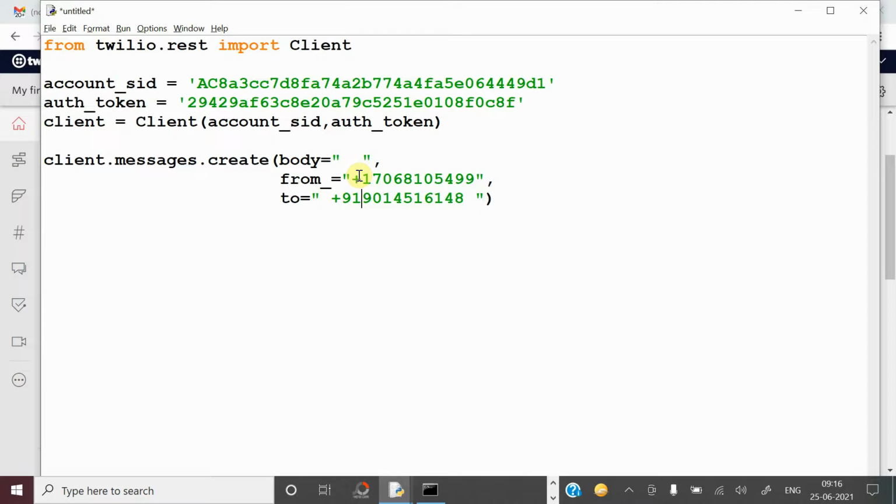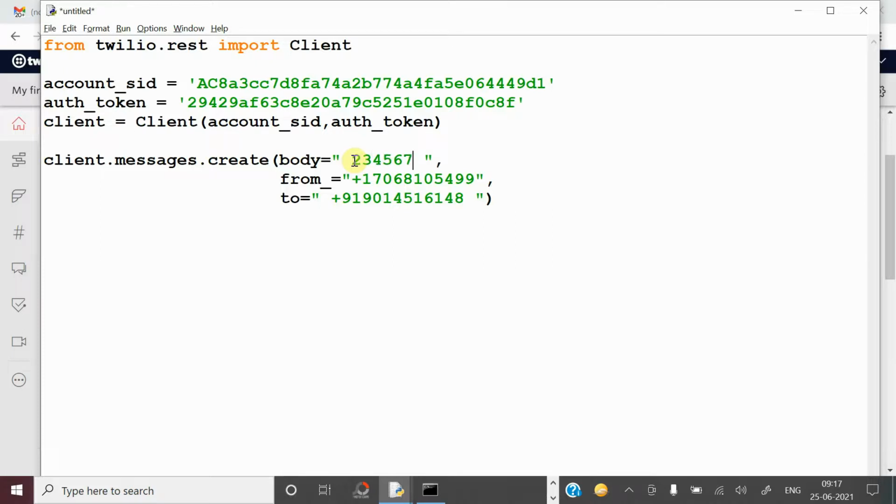So both things are mandatory. Here, from the communication API we are getting the account ID, authentication token, and from. The to means to which number you are sending. In body you can give any message and that will be received. If you write hello, the user will receive hello after running this program. If I write some number, the user will get that number. Like that they will receive it.